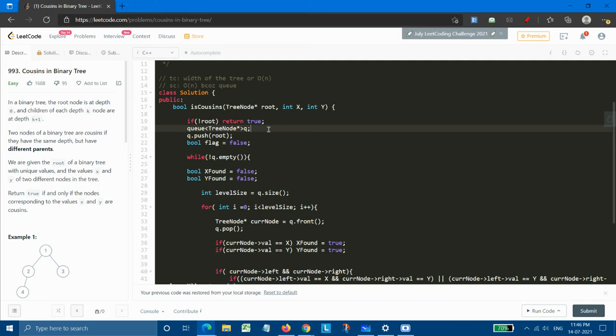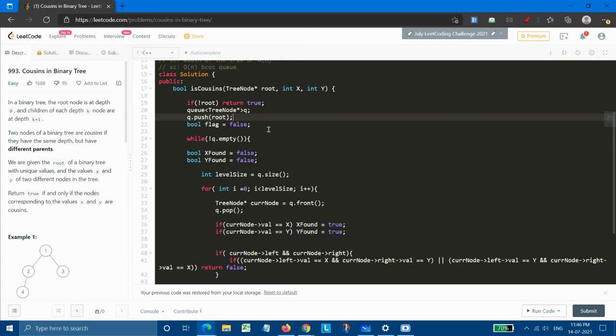Next comes our queue. As the earlier condition was not met, that if the root is not there we need to return true, definitely now we are having the queue. So we are pushing our root into the queue so that we could process the further nodes, meaning the nodes which will be there at the next level. But rather than saying root for every level, we prefer to say nodes. We'll push the parent root here so that we could initialize the queue.